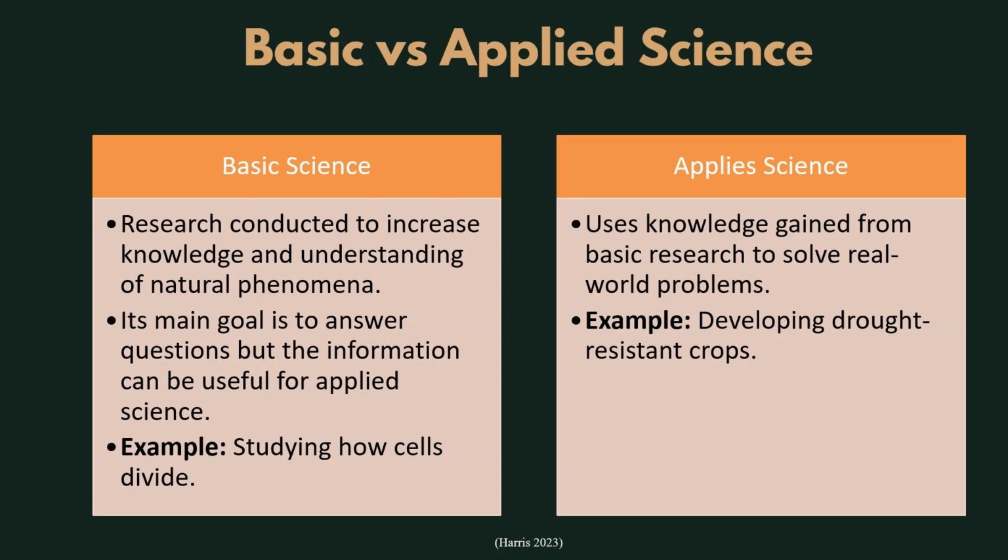Another example is bird watching. There was a researcher who noticed that kingfishers made very little splash when they hit the water. So as they dive down, usually birds will hit the water and you'll see a nice big splash. With kingfishers, they barely make any splash at all. He ended up applying the shape of that bird's beak to the design of the bullet train, which is highly popular throughout the rest of the world.